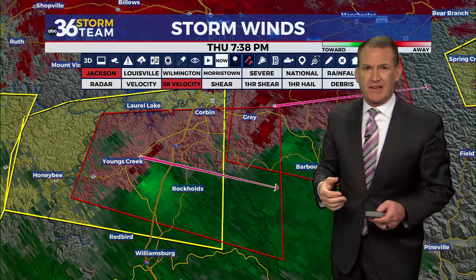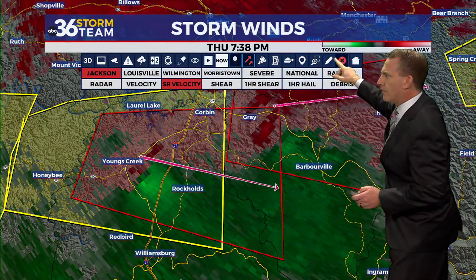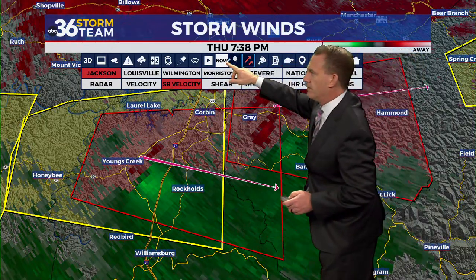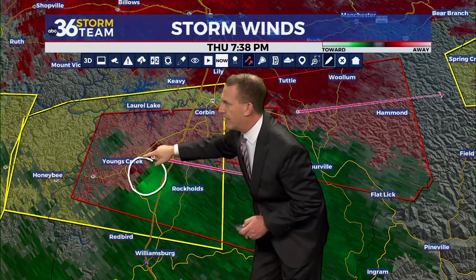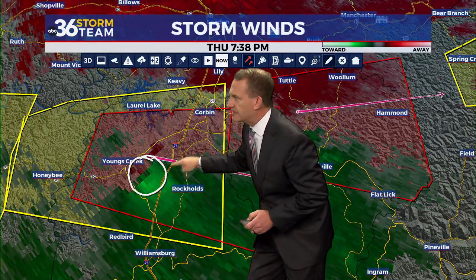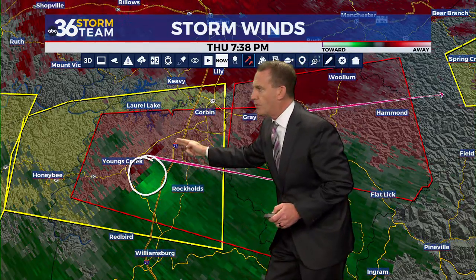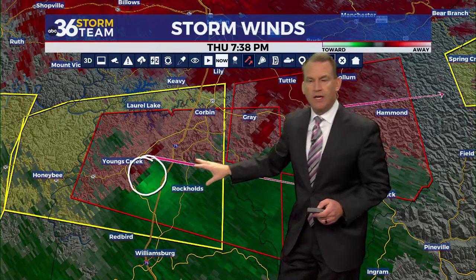We've got about another, I think, 7 or 8 minutes here. And it's this area right here, get that off of there so you can see it a little bit better, where you have the green and the red. This is where the circulation is. So along Interstate 75 here, just south of Corbin, south of exit 25, if you're in Rockholds, you want to